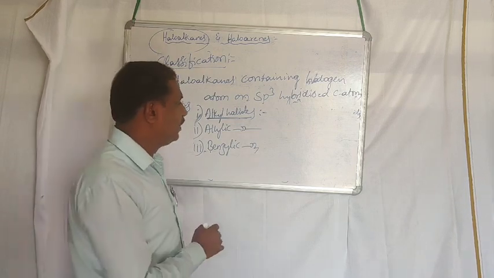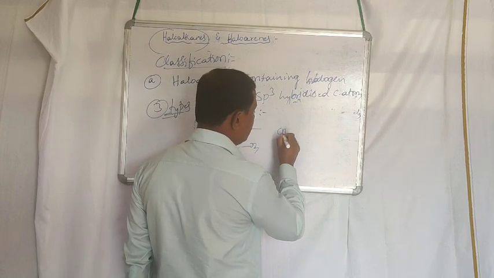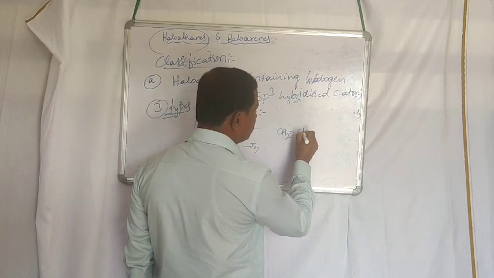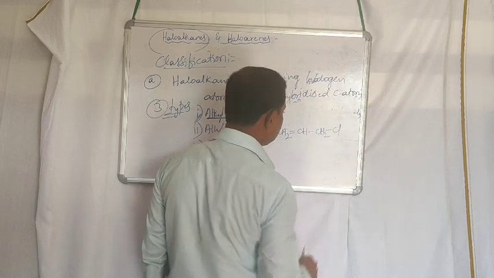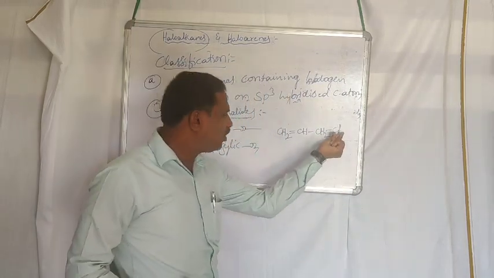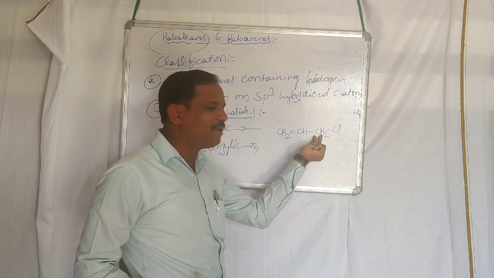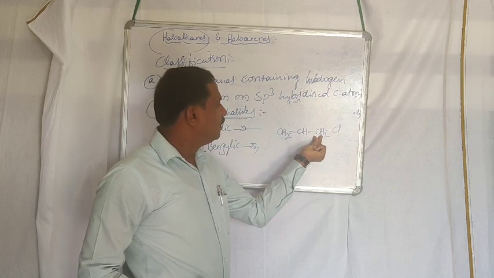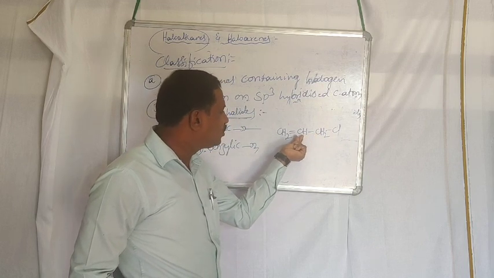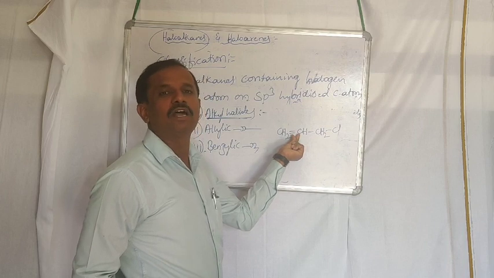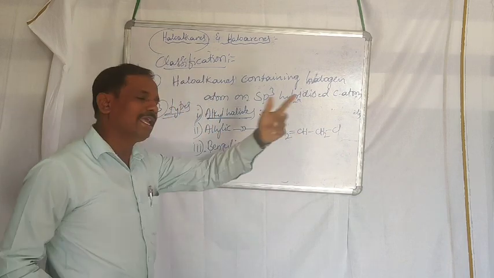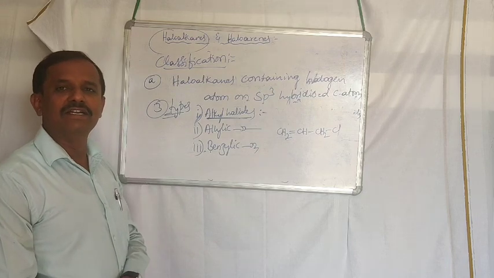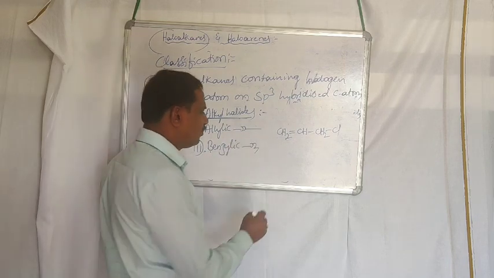You take, for example, allyl chloride, CH2 double bond CH, CH2, Cl. It is allyl chloride. The halogen atom is attached to the sp3 hybridized carbon atom that is adjacent to the double bond carbon atom. Hence, these are called allylic halides. You take another example,